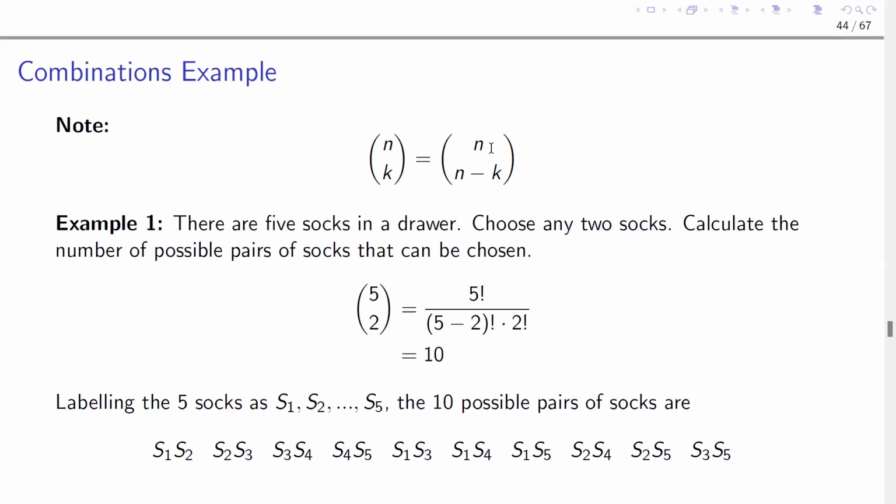So, for example, there are 5 socks in a drawer. Choose any 2 socks. Now calculate the number of possible pairs of socks that can be chosen. If you look at these socks, indeed, there are 10 different pairs of these socks, but this question is a combination question